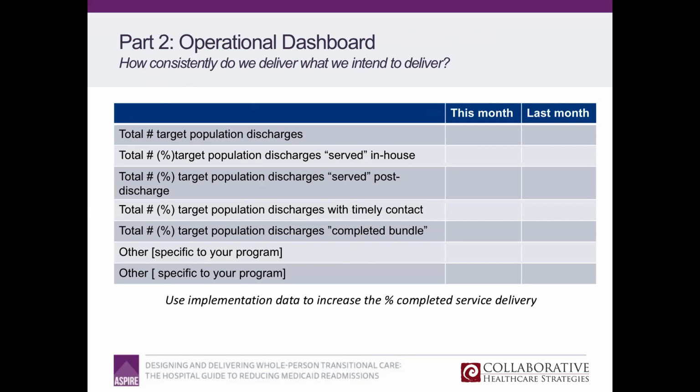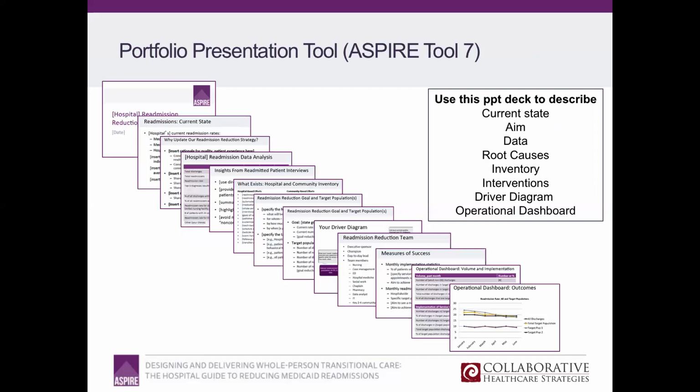So to bring it together on slide 34, tool 7 of the Aspire guide brings together all of the design elements in the design part of the Aspire methodology, the ASP part of the methodology. And so we've now covered all of that. You might like this PowerPoint deck. You might like half of the PowerPoint deck. You might not like the PowerPoint deck, but it's a best practice to think about bringing this information together so that not only you can consolidate the information for yourself and your team, but you can share it with cross-continuum partners, with ED stakeholders that you're going to reach out to, with primary care stakeholders that you're going to reach out to, and so on and so forth.